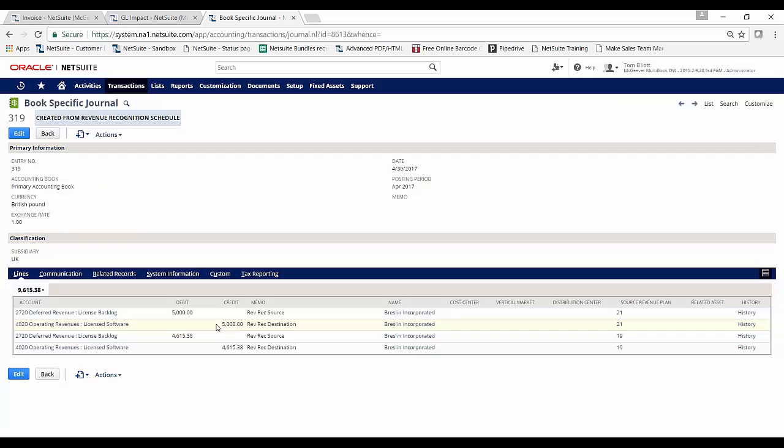Okay, because there was two there, sorry, it's posted both in one journal, but this was from a different one, but you can see it's posted my £5,000 from my deferred revenue account into my operating revenue account. So it's moved from the balance sheet to the P&L. And if I go back here